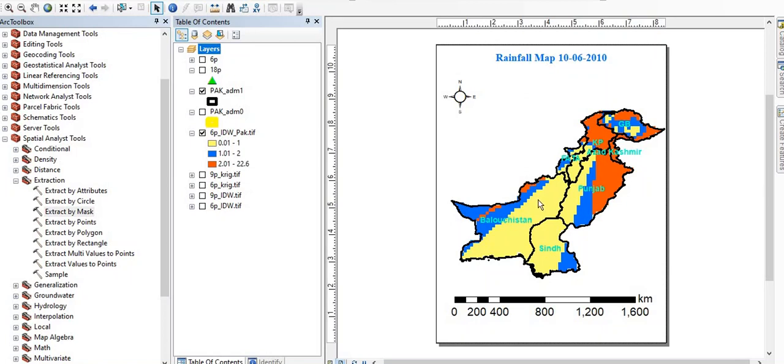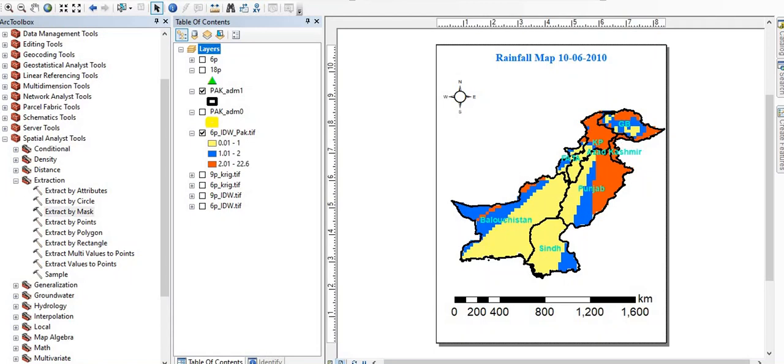I hope you already have an idea of this map reading in AutoCAD. So from the first 4 points, like this one, this one, this one and this one includes 400 kilometers. From this point to this point we have 800 kilometers.